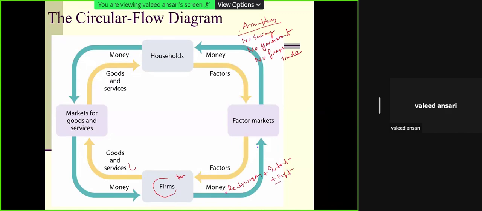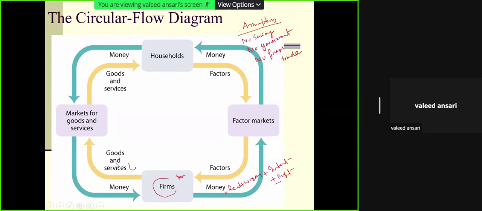So money flows, that is, the payment is made by the businesses to the household, and household use this to buy the goods and services. And when they buy the goods, they pay for this, and the money flows back. So you see that there is a flow and counter flow. Household is providing services to businesses. Businesses utilize these services to convert into goods and services, which are naturally supplied. And in lieu of this, to compensate for the provision of these services, businesses provide payment to the factors of production, which goes to household, and household spends it.